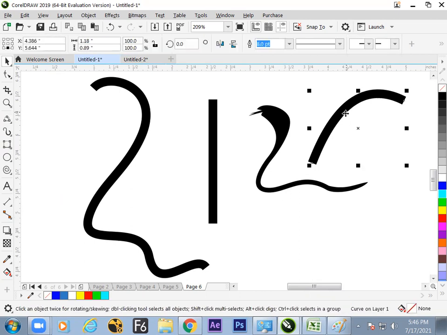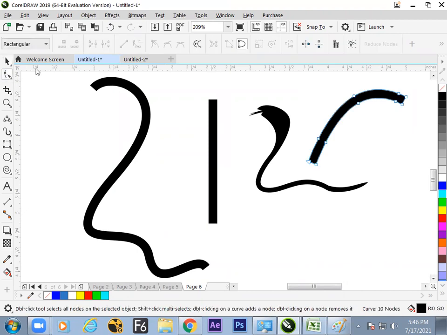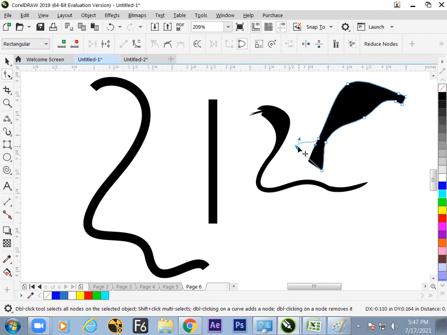Now it's the time to go for making the thickness. Convert that into outline. Take the shape tool and drag the middle area. Now drag this also.